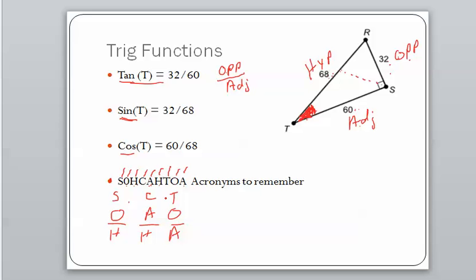I mean, there's all sorts of different acronyms you can use to try to memorize how those ratios are put together. But the whole point is, what we're trying to do is solve for what an angle is, what angle we're looking for, or solving for the ratio of the sides. Okay? Where this came from,